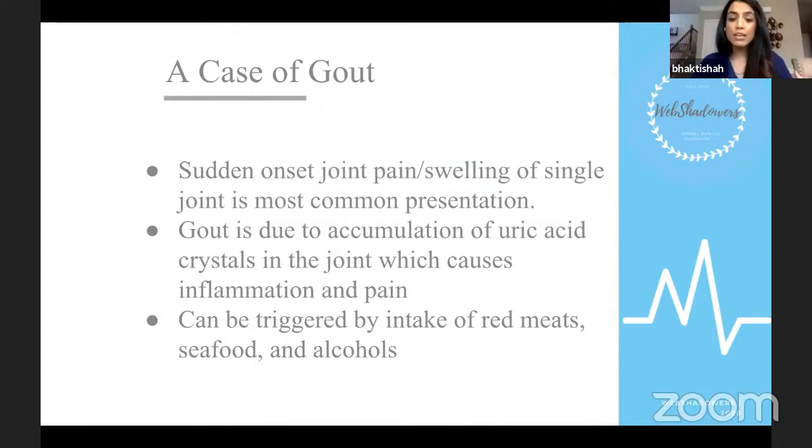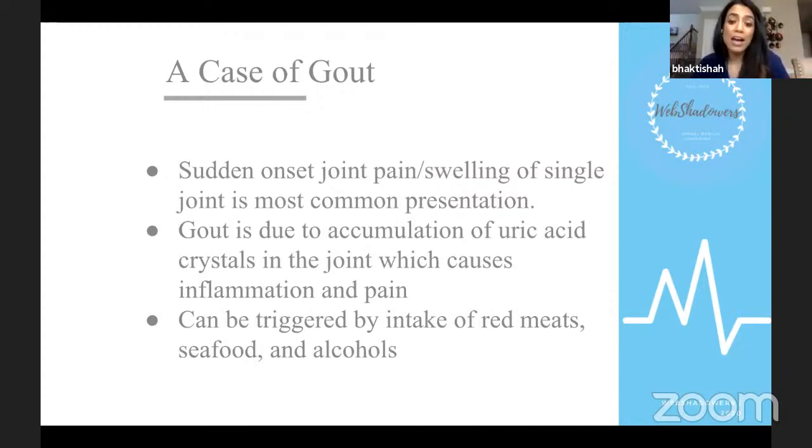But what is gout? Gout is an accumulation of uric acid crystals that accumulate in the joint and cause inflammation and pain. So we all have uric acid crystals floating around in our blood, but if it gets oversaturated, these crystals deposit themselves into joints, and joints are sterile environments. There's not supposed to be any type of crystal or bacteria or anything there. So if the body recognizes that there is something there that shouldn't be, it mounts this major inflammatory response that causes a great amount of pain and inflammation.